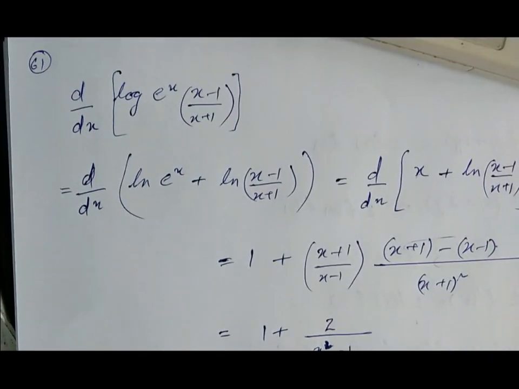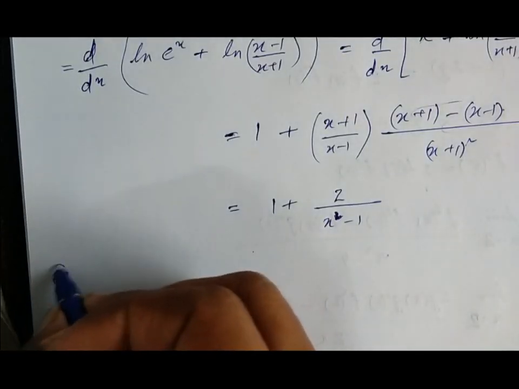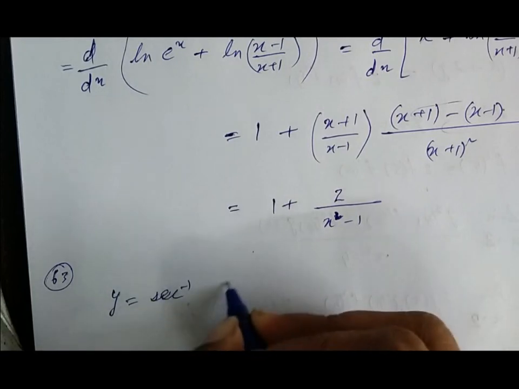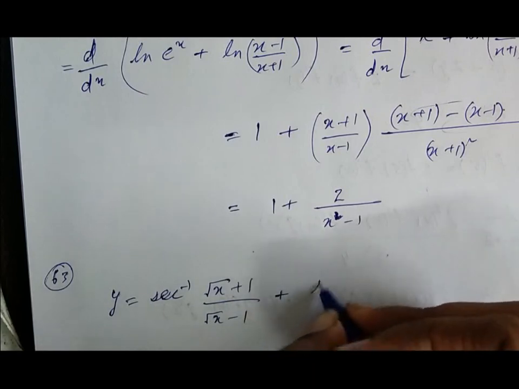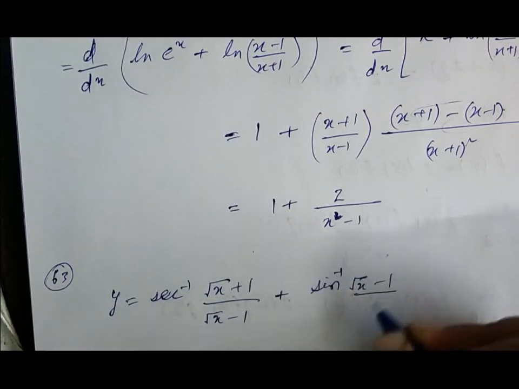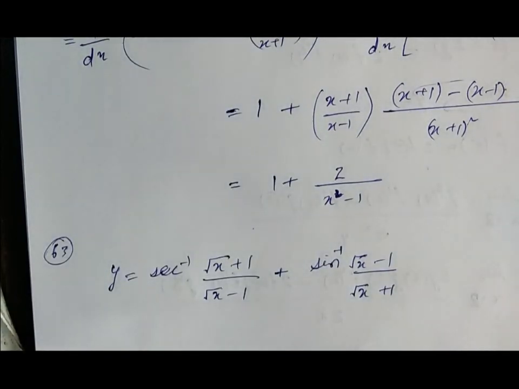moving to next question, question number 63. So question number 63 says y is equal to sec inverse root x plus 1 upon root x minus 1 plus sin inverse root x minus 1 upon root x plus 1. Then we need to find dy by dx. Okay,